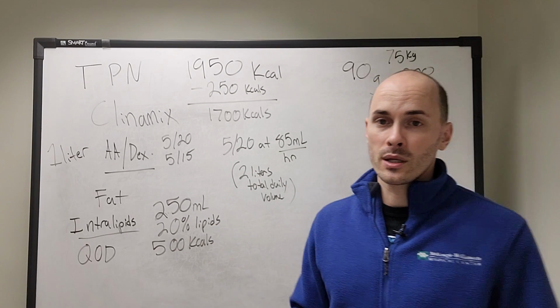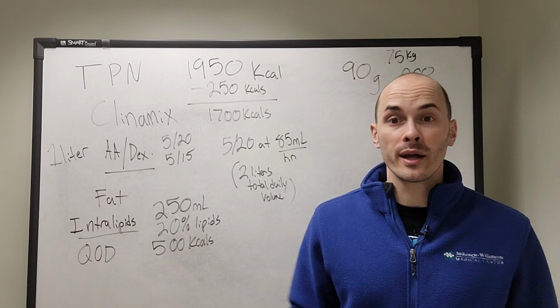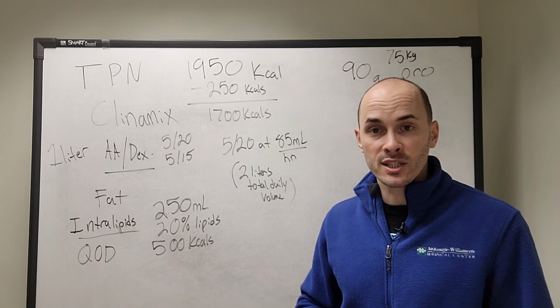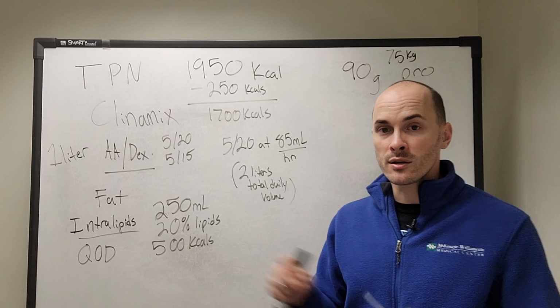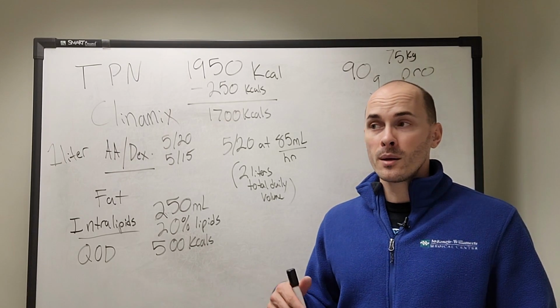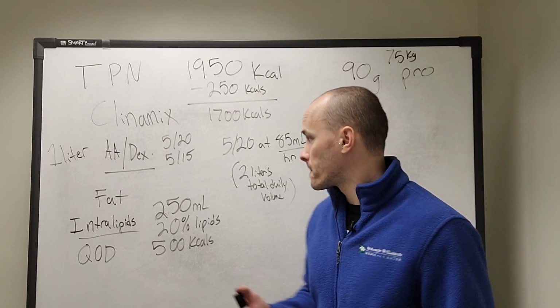You might be at a facility where you can just go ahead and order at 80 mils an hour. That's what the dietitian that you're working with would recommend. That's fine. You can do that. We just do things a little bit differently here to help be more responsible with the TPN solutions. So